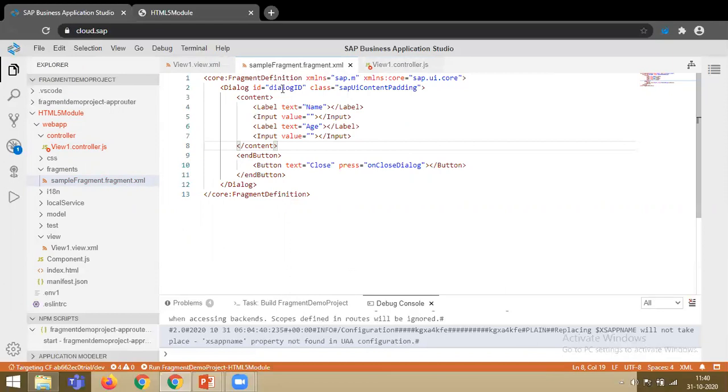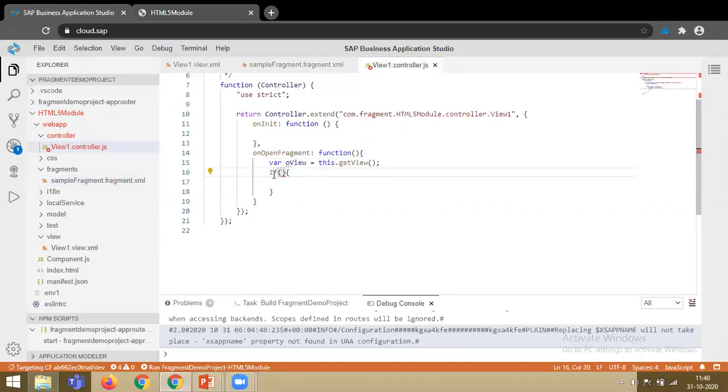So at the start I'll just copy this dialog ID and say this.byId. I'm saying if my dialog ID is not present, then I need to load my fragment, so Fragment.load.